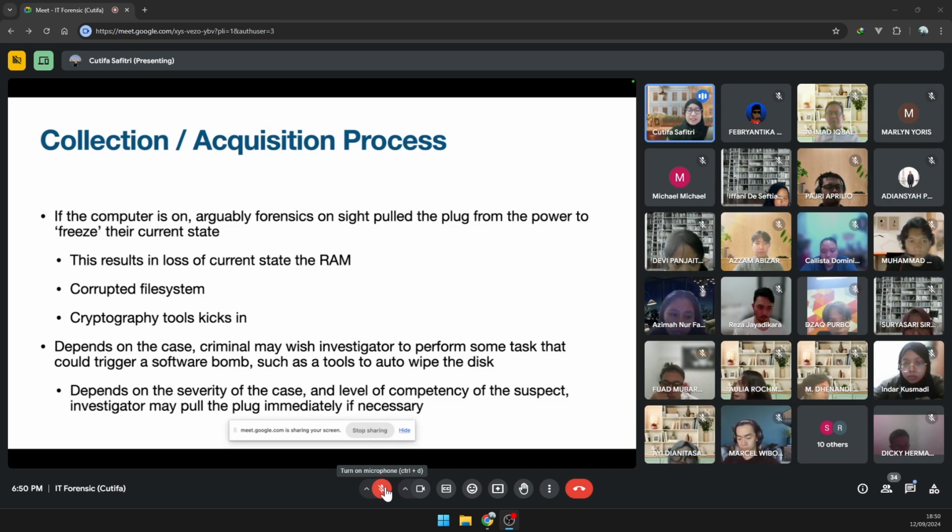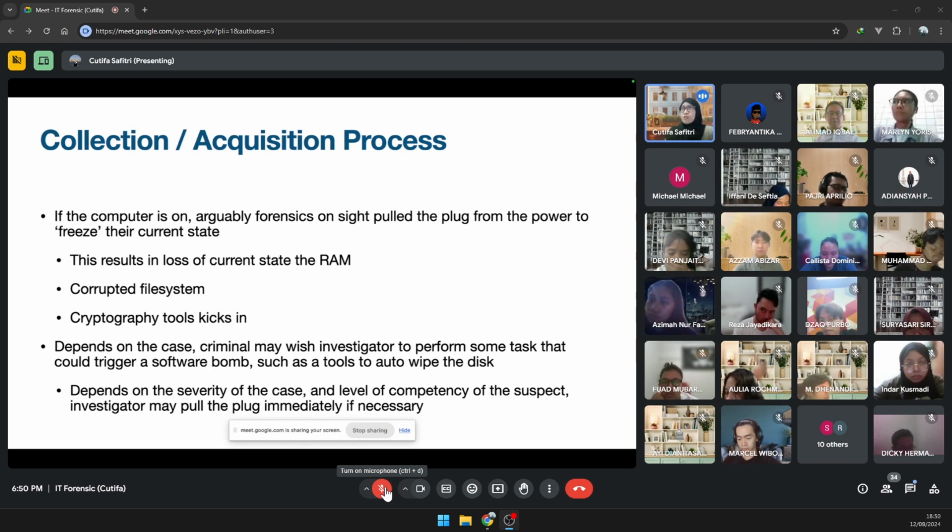Now, the negative effect is that you lose the information in the RAM. Some files might be corrupted. And again, when you turn it on, some cryptography tools might kick in. So this is a note for us, the forensic investigators. You need to know what kind of case you are working with.